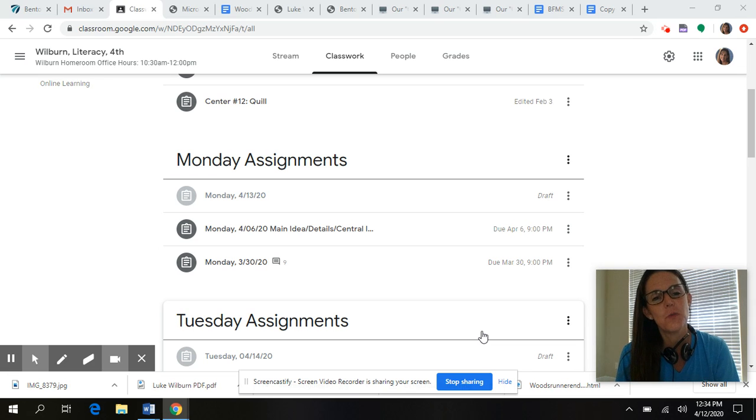Okay, so this week we are going to start our novel study, and this should take us through pretty much the end of the school year. We are going to be reading the book Woods Runner by Gary Paulsen. Normally, like we have been doing this school year, you would all have a copy of the book at your desk in the classroom, but we're going to have to try it a few different ways here. I have available to you an online version that is read to you, and I have a PDF file that has the book page by page that you can look at.